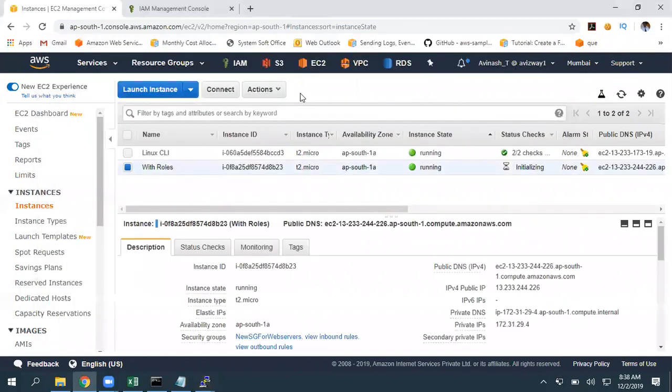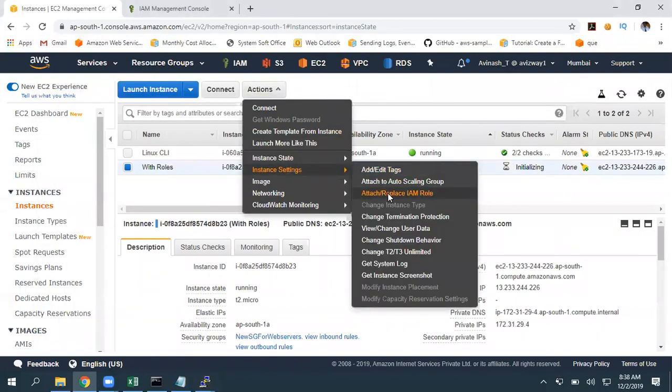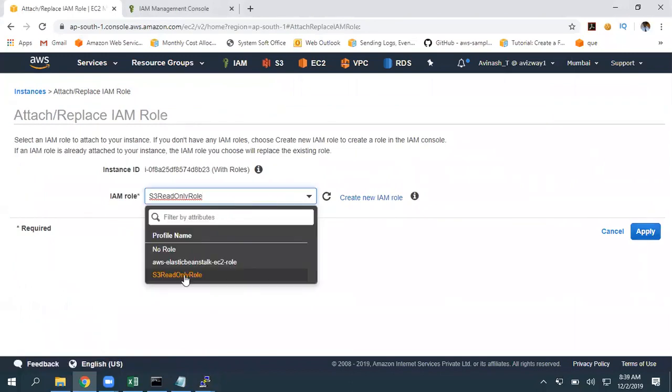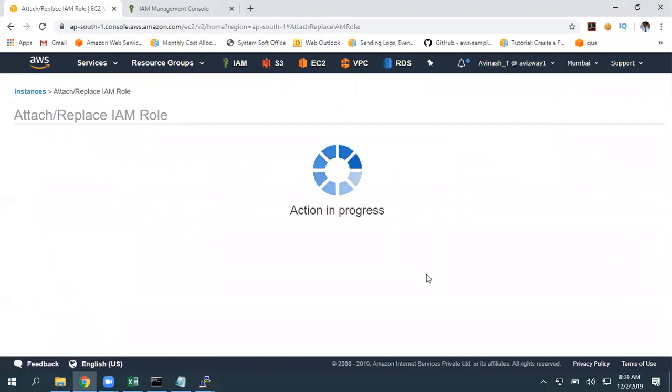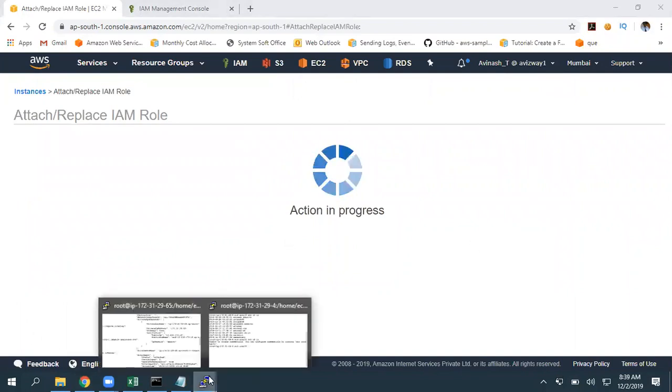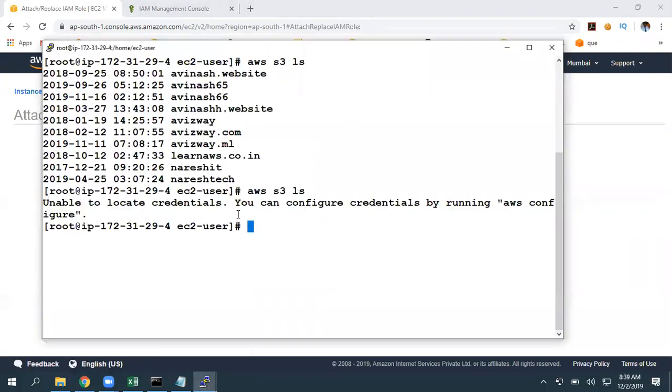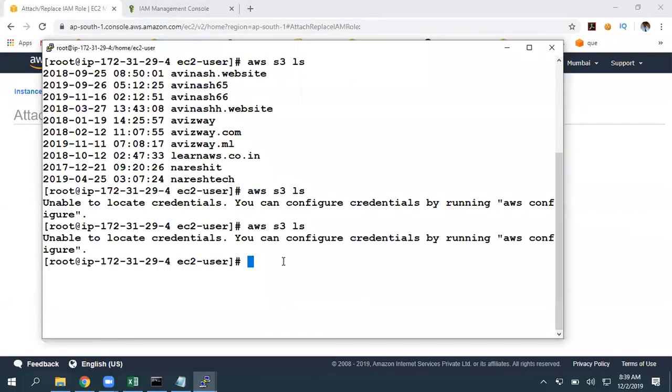If we associate that role, then immediately, once that association is completed, you can start accessing that.